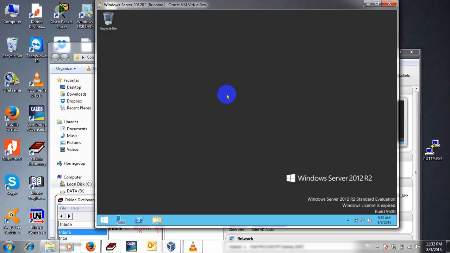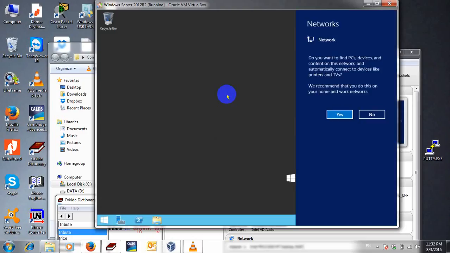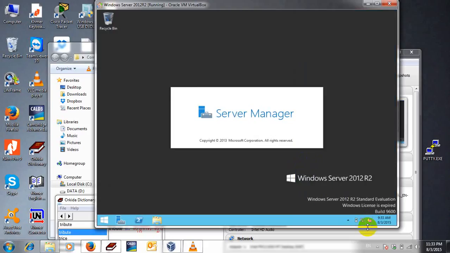For example, if we want to set up Windows Server 2012 as a domain controller, we should use DC, or if you want to set it up as a file server, we should use the computer name as file server. Okay. Here is the IP address and computer name. So change.